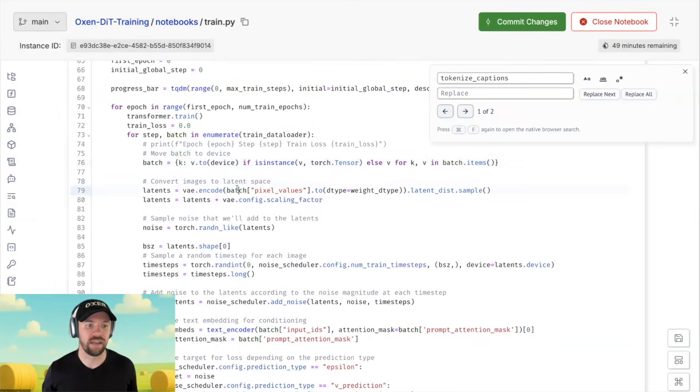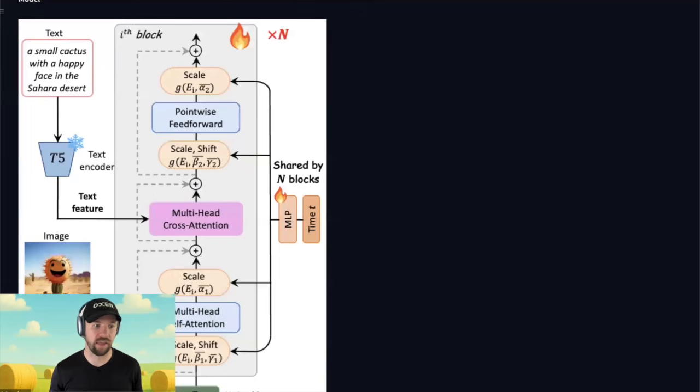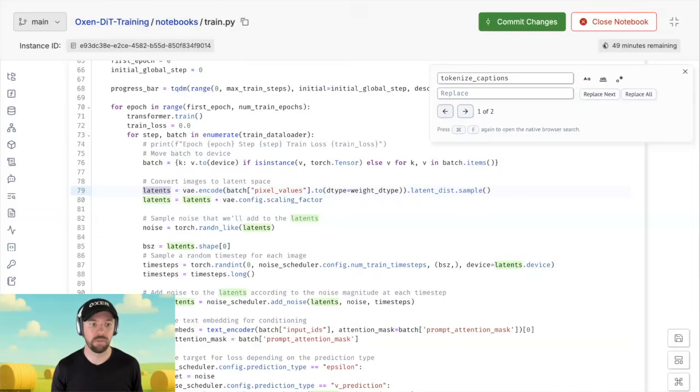We'll then take in that batch and extract the pixel values from it and run that through the variational autoencoder to get out all of our latent parameters. So that's this step right here. It's passing in the image and getting out some sort of latent vector that describes the image. We then